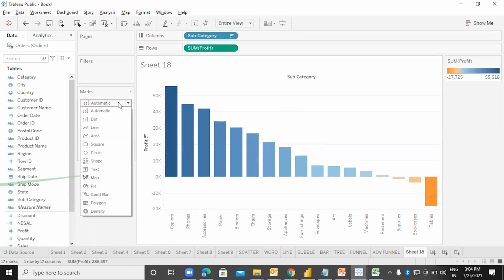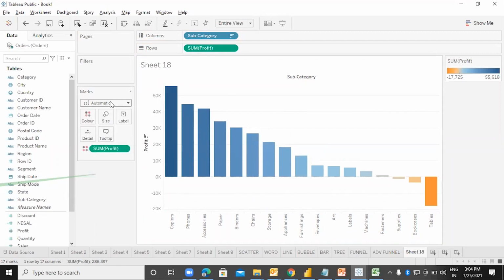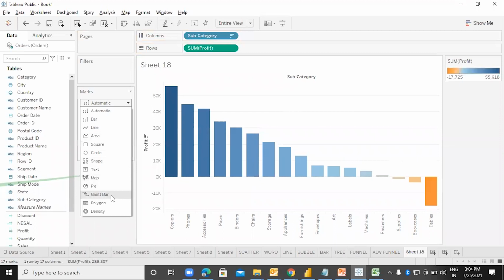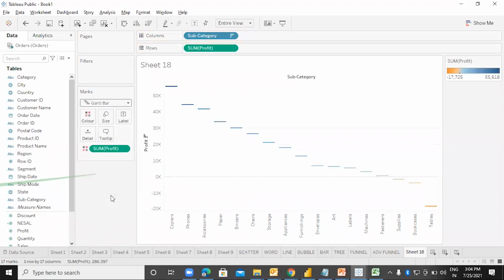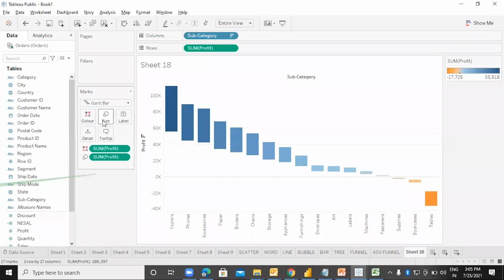So I will go to this, and there you will see under the automatic, you will see one option that is known as a Gantt bar. So I will take this Gantt bar, and here if you see, it looks like a waterfall from the top to the bottom. It is displaying it like this. And to make it more appealing, I would like to put the profit into the size. So I'm getting falling bars over here. Normally the bars start from bottom to top, but this is falling from the top to the bottom.